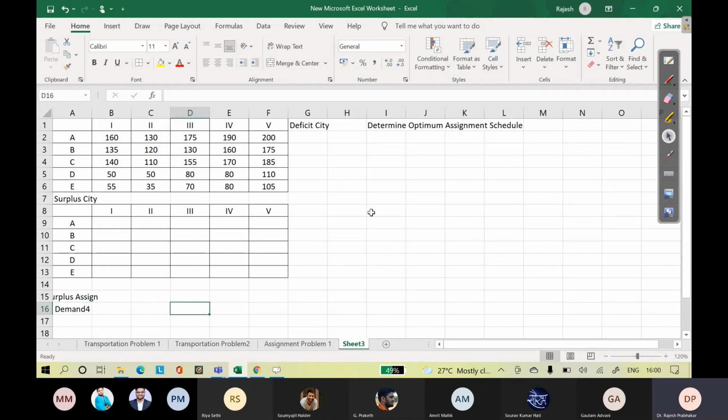And then this will be deficit received, and supply 4. Then we have the total cost.